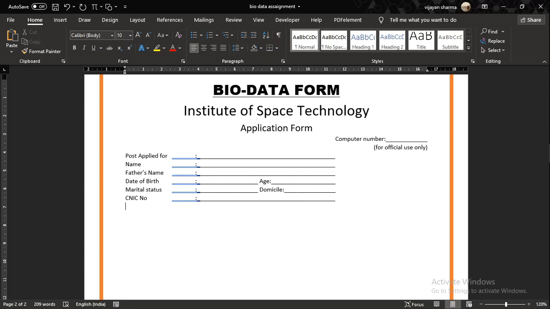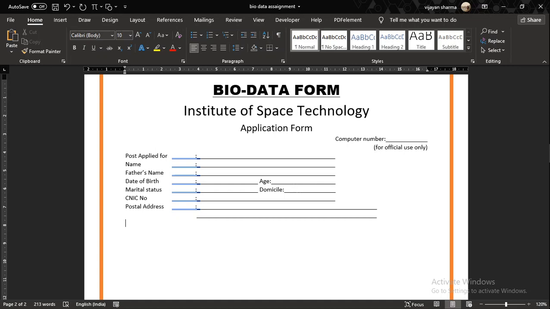Then it is given postal address, tab, tab, underline. The postal address is extending till the bottom of the bracket of for official use only. Again, next line, tab, tab, tab, space, underline.